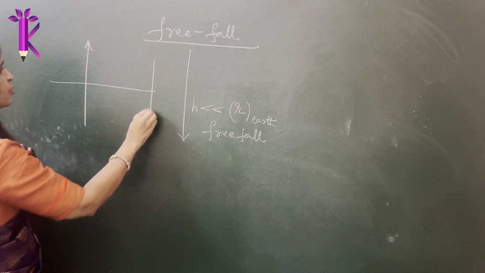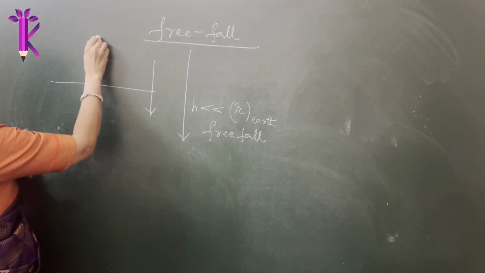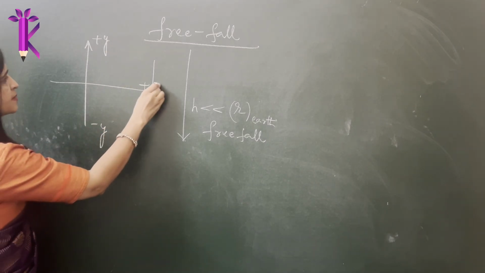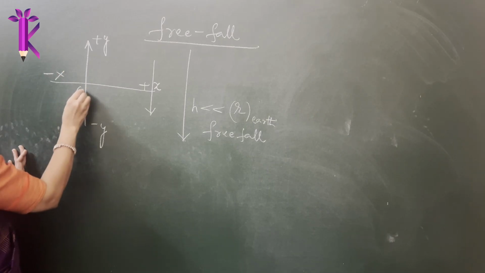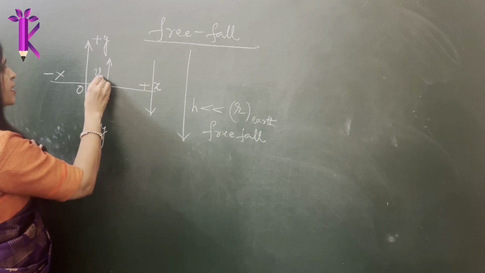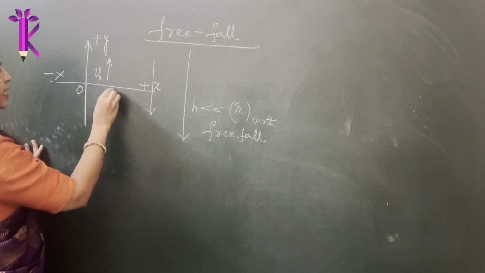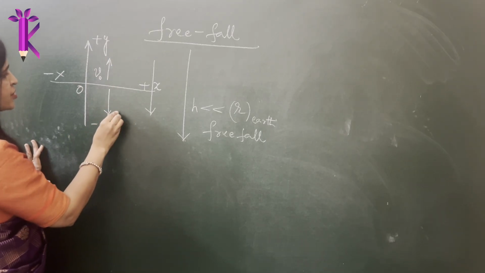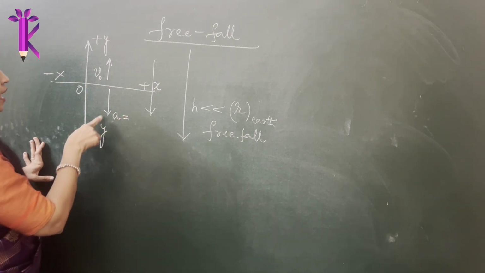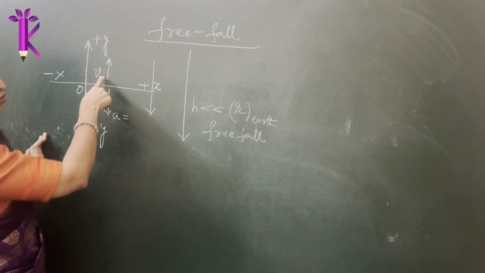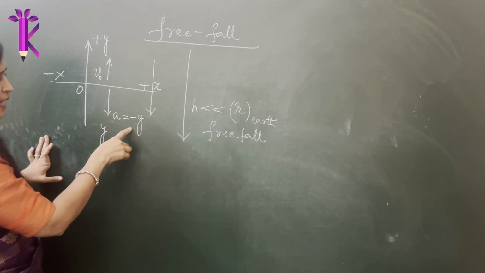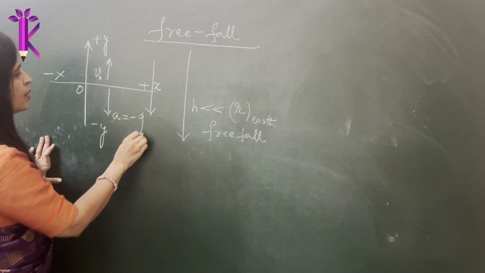So when an object moves in the downward direction, we take the convention for y, right? This will be plus y, this will be minus y, this is plus x, this is your minus x direction, and this is your origin. So any object moving in the upward direction with an initial velocity, gravity pulls in the downward direction, the acceleration experienced by the object is in the downward direction. Since it is opposite to the direction of velocity, we take the value of a to be negative, and how much negative? It will be equal to the value of gravity.